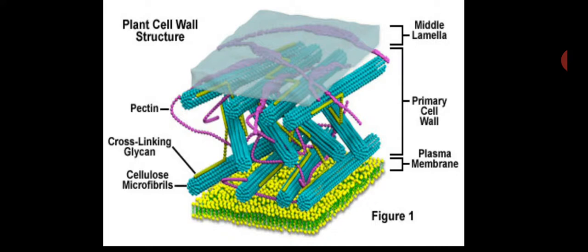Just either side of the primary cell wall, in some areas the primary cell wall forms very thin. So the size of the primary cell wall is not uniform throughout the cell. In some areas, the primary cell wall is very thin compared to other areas, right? So these areas are called pits. They are going to be organized into pits.